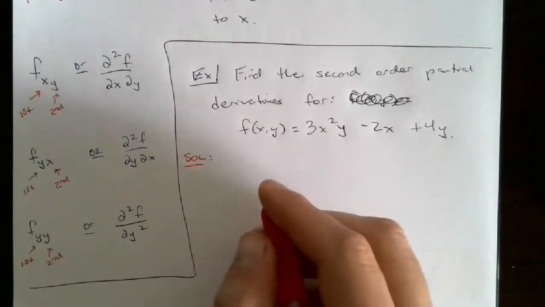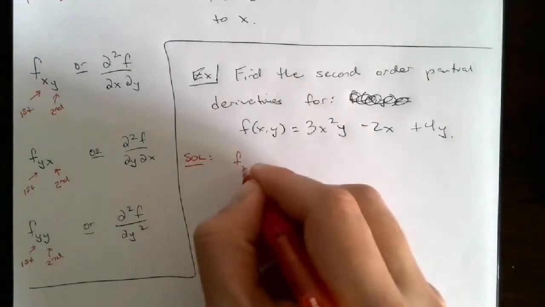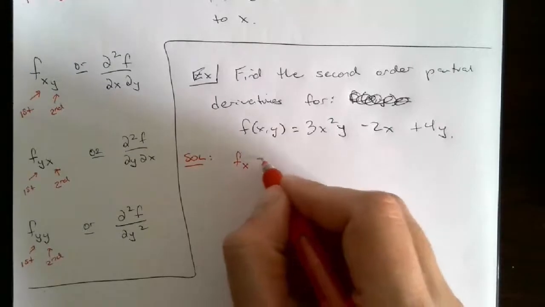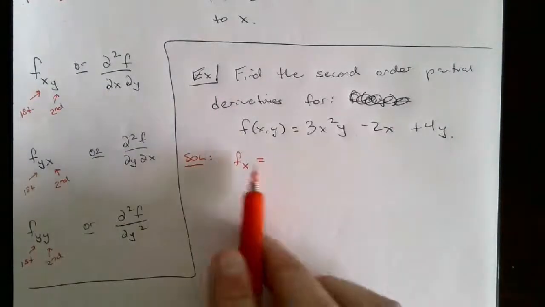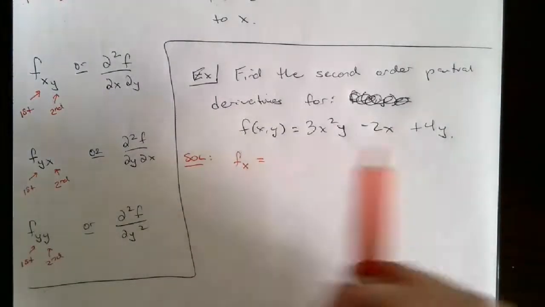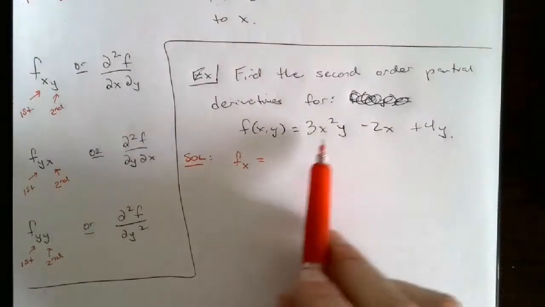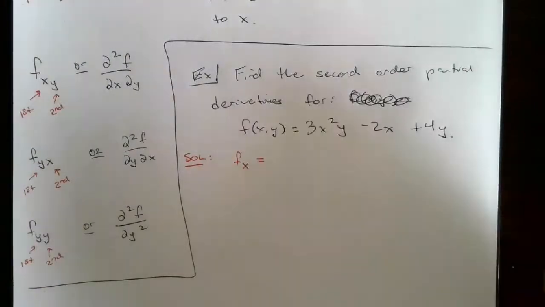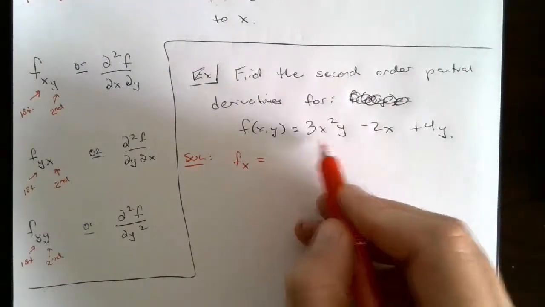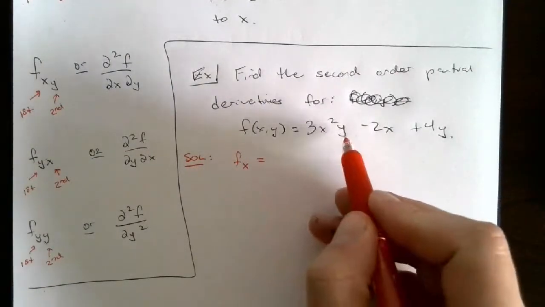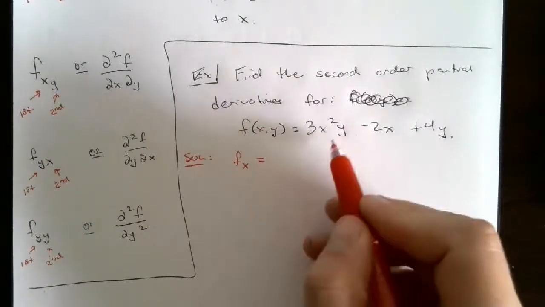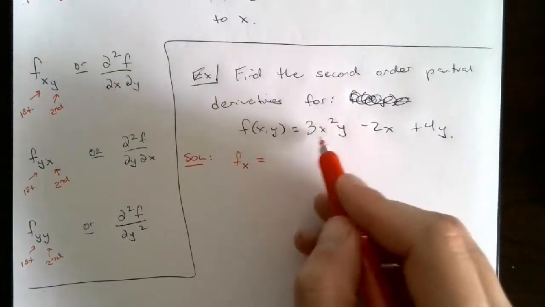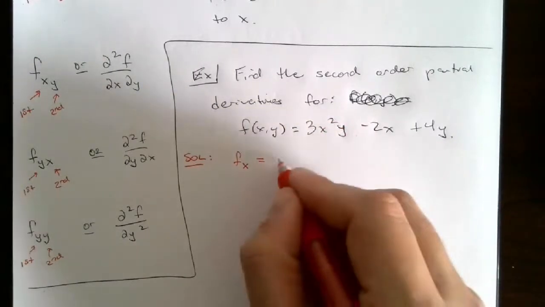So the first thing I'm going to do is find the first derivatives. We look for the first order partial derivative of f with respect to x first. Here's the original function. Remember, x's are treated as variables, y's are treated as constants. So we have 3x squared y. The 3 and the y are constants, so they stay. The derivative of x squared, you bring the 2 down, it's 2x, so 2x times 3y gives us